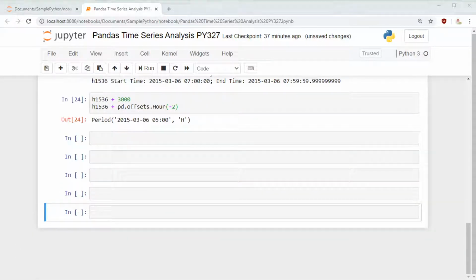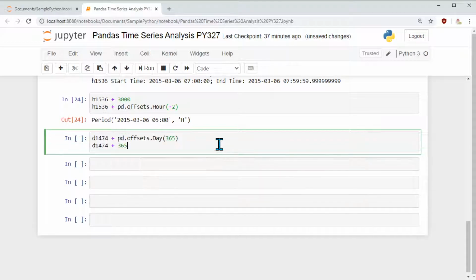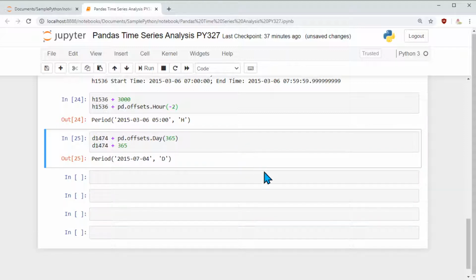And now let's say I want to do some mathematics with day. I have a day period and I can add 365 to that. If I add 365, then I'm going to have 2015 July 4th, because we started in 2014. I add 365, exactly 1 year, and once again my period is day, and that's my date.